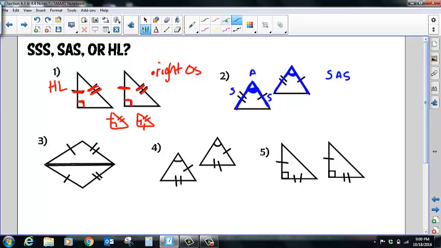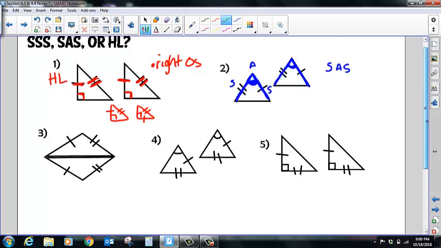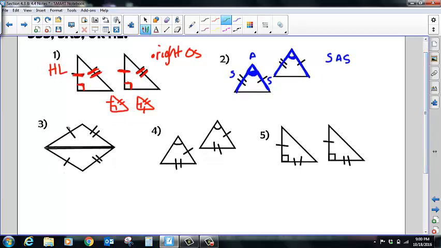Now, what about for number 3? We have two sets of sides marked congruent, so those sides are equal to each other, and these sides are congruent to each other. That just leaves us with two sides. But even though this third set of sides here is not marked congruent, we could say that this is